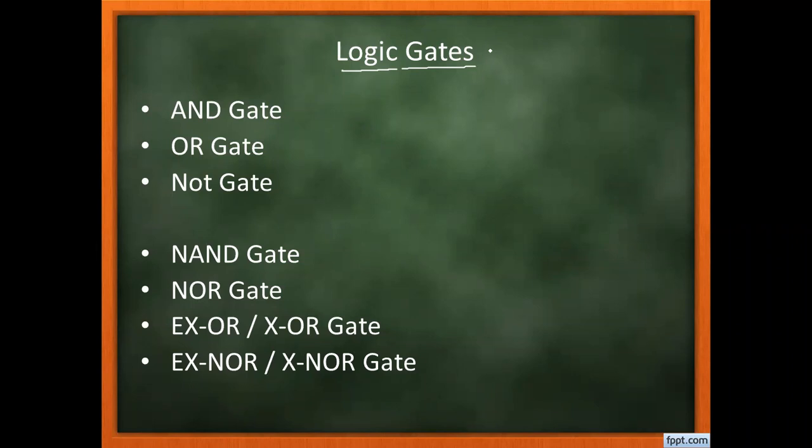And we say that these logic gates are the basic building blocks of any digital circuit. It means that a digital circuit, as you know, has only two signals, one and zero. And the logic gate also gives its output in the form of one or zero,